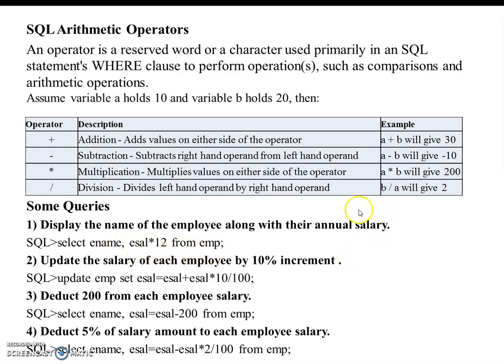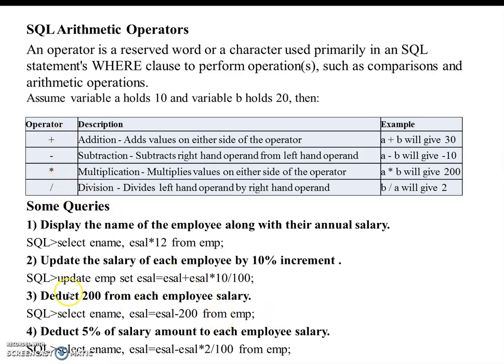As I am going to display the annual salary, the employee salary is multiplied by 12. So I have used the multiplication operator here. Like this multiplication operator, I can use plus, minus and division.